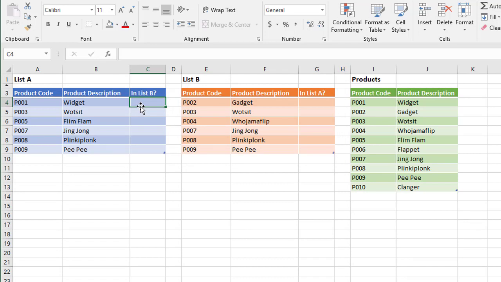So we're going to use what's called IFERROR in combination with a VLOOKUP. Here's how that works. Before I create the formulas here, I'm going to name a couple of ranges. I'm going to take this list of product codes in list A and just name that range list A. I'm going to do the same for product B. So take the product codes there, call it list B, and I'm going to refer to each of those in